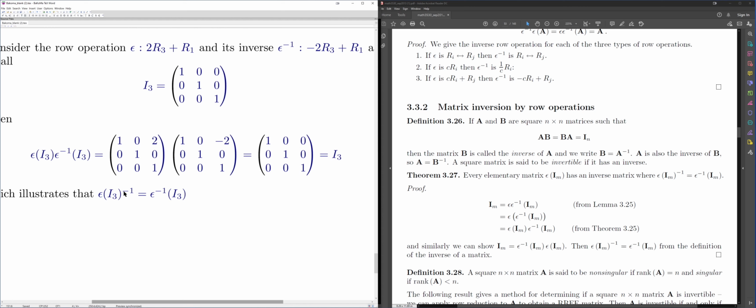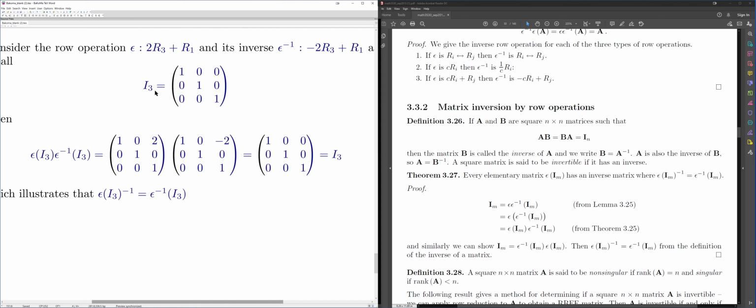If you forget about this part to start off with, what I have is an elementary matrix. To get the inverse of this elementary matrix, I take an identity and apply the corresponding inverse row operation, and that gives me the inverse of this one. Okay, one more time: if I want to get the inverse of this elementary matrix, this one over here,